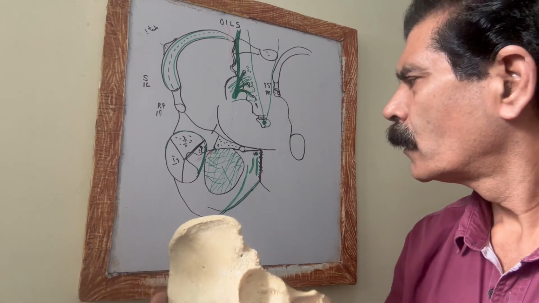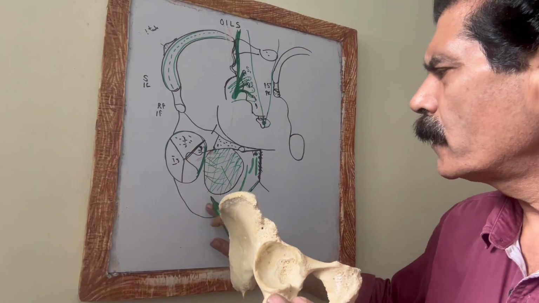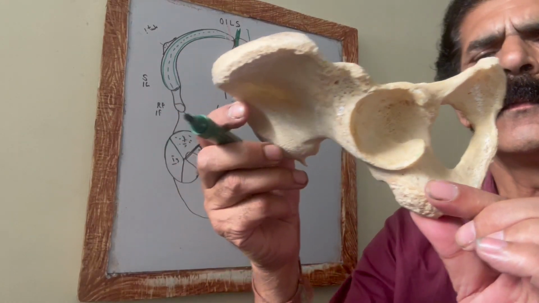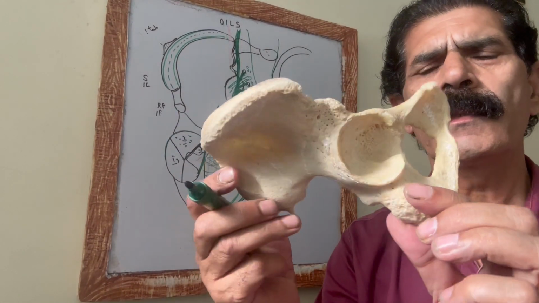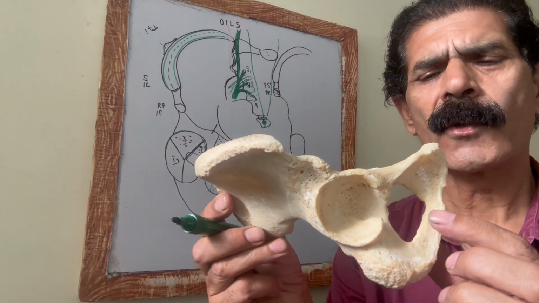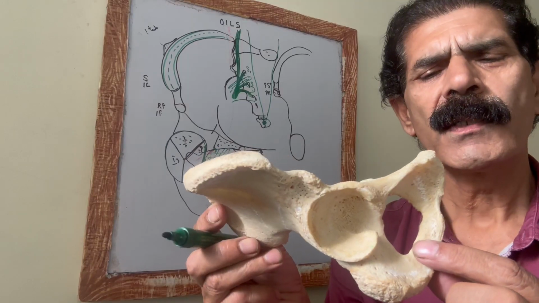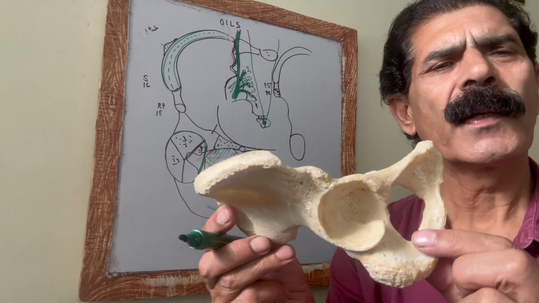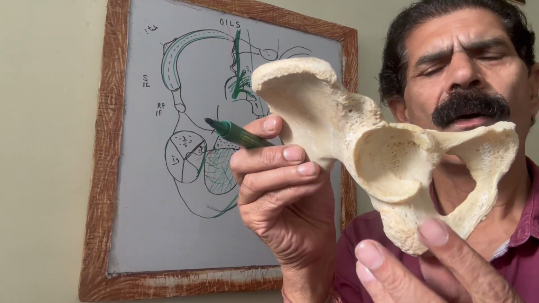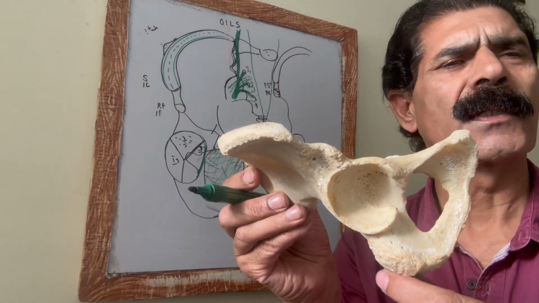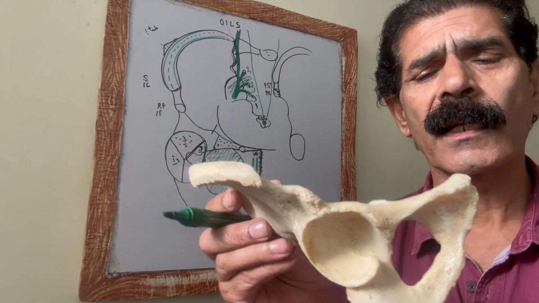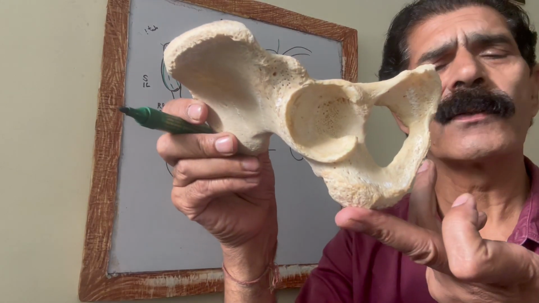Now comes the lowermost part of the hip bone, that is called the ischium. The ischium bone has two parts. One is the ischial tuberosity. This lowermost part is the ischial tuberosity, which gives you the superior ramus of ischium, which forms the ischiopubic ramus, and this lowest part of the ischium is called the ischial tuberosity. The ischial tuberosity is the thickest and the strongest part of the hip bone, because whenever we are sitting, the whole of the weight of the body falls on this.